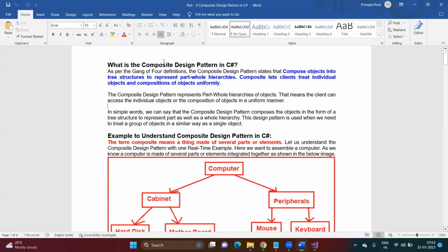So what is the composite design pattern according to the Gang of Four definition, right? The composite design pattern states that compose objects into a tree structure to represent part-whole hierarchies. Composite lets clients treat individual objects and composite objects uniformly. So what does it mean? It means the composite design pattern represents part-whole hierarchies of objects. That means the client can access the individual object or the composition of objects, or you can say composite objects, in